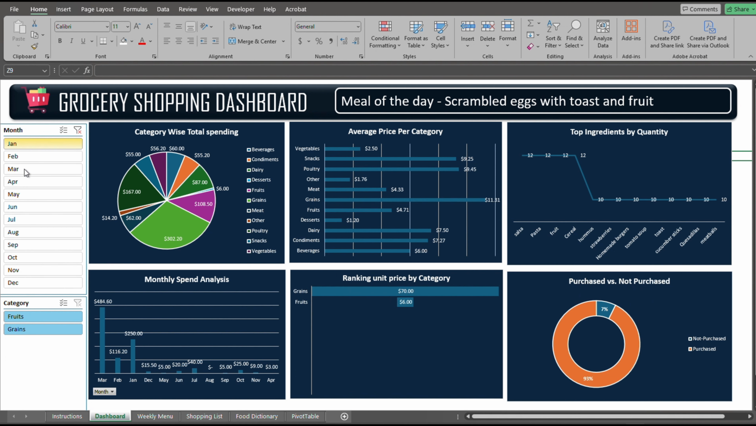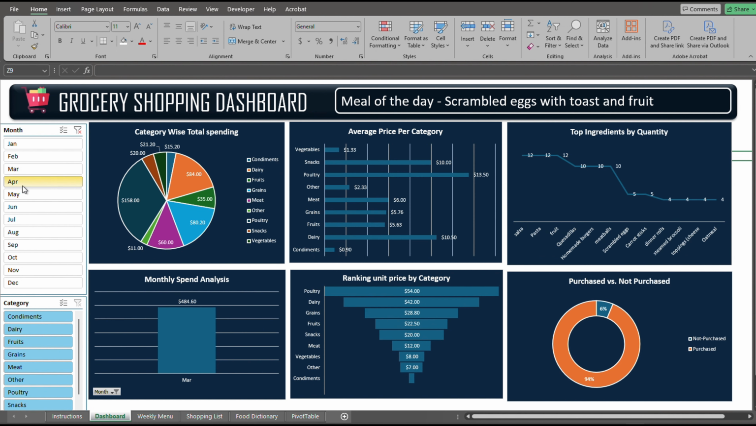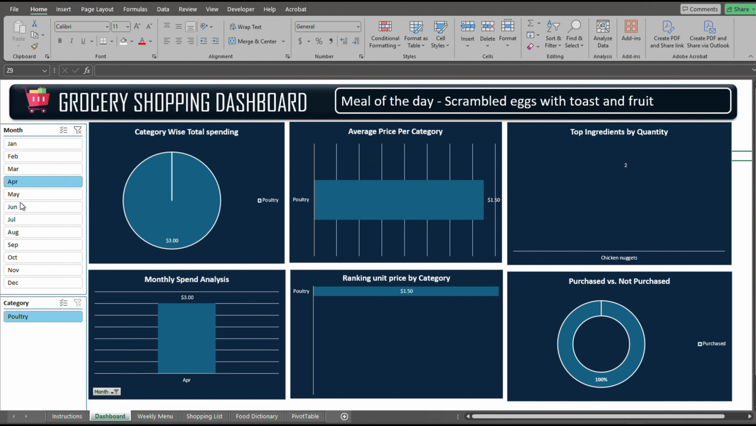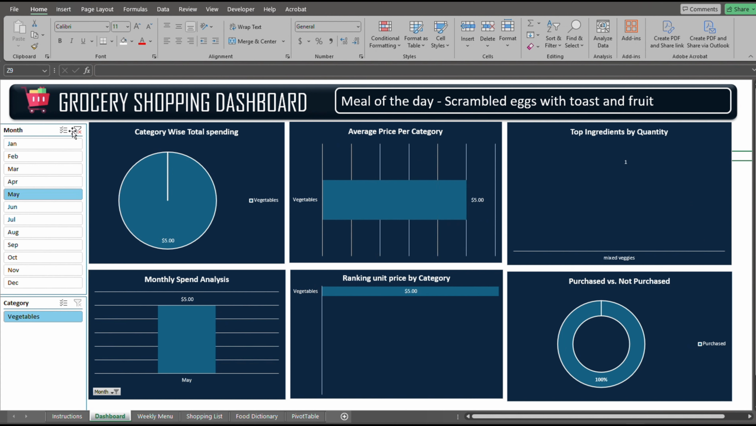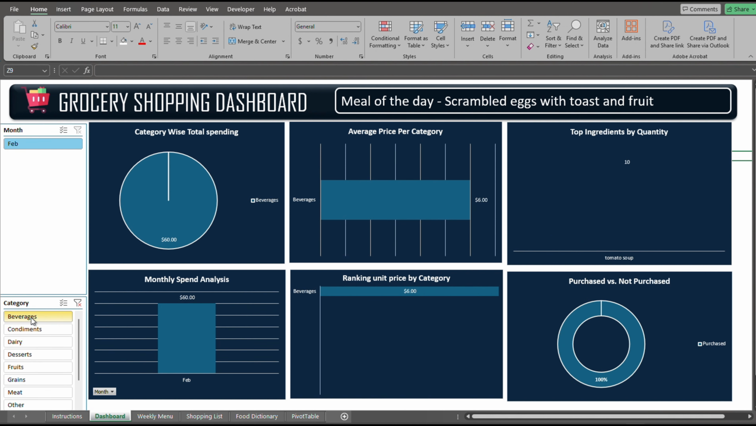What's more, if you're curious about a specific month, you can simply select that month or category and the dashboard will adjust to show you the results for that criteria only. This template gives you a clear picture of your spending habits, making it easier to budget, plan, and even reduce